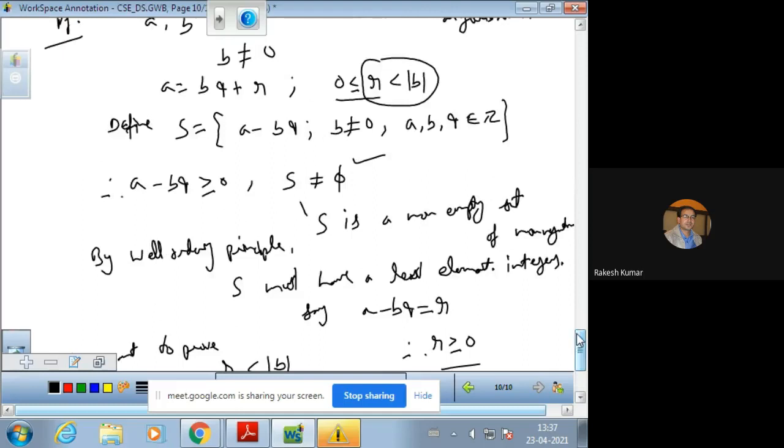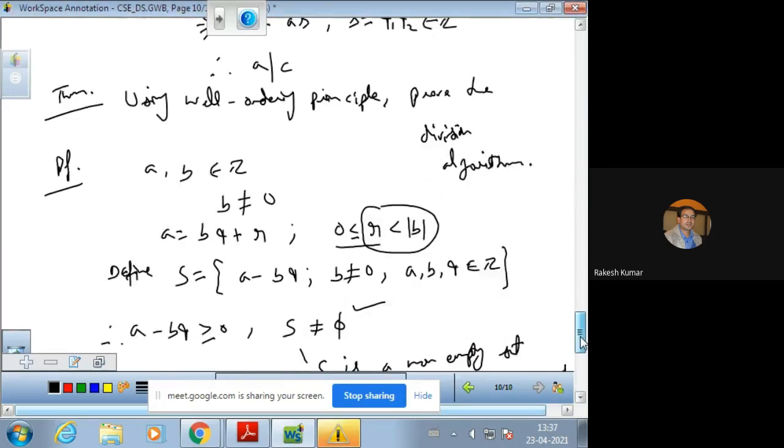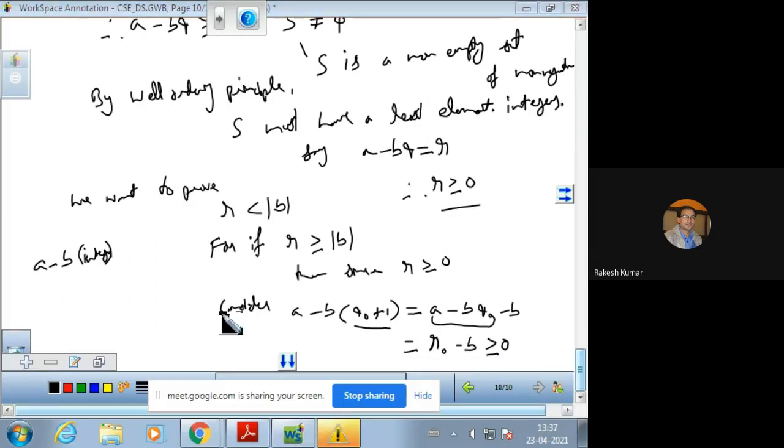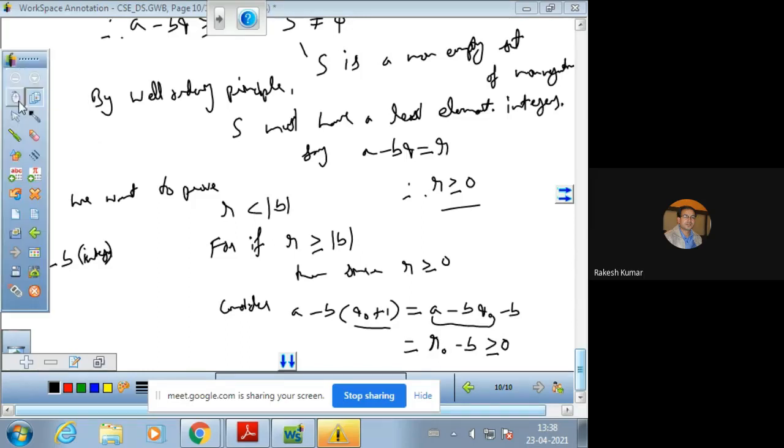q की जगह पर हमने, क्योंकि वेल ऑर्डरिंग में हम नया इंटीजर ले रहे हैं q नॉट. सो जस्ट लाइक हियर इन केस ऑफ, क्योंकि एस में हमारे एलिमेंट ऐसे हैं a माइनस बी क्यू टाइप, a माइनस बी इंटू इंटीजर. यहाँ पर हमने ब्रैकेट में इंटीजर लिया, सो हमने इंटीजर कौन सा ले लिया? q नॉट प्लस 1. सो a माइनस बी क्यू नॉट माइनस b, एंड a माइनस बी क्यू नॉट से एक नया इंटीजर आ जाता है, दैट इज r नॉट माइनस b, and that should be greater than or equal to 0. आर नॉट ले लीजिए चाहे रिमाइंडर पॉलिसी से आर ले लीजिए, वो एक ही बात है. तो इन प्लेस ऑफ आर नॉट वी कैन आल्सो यूज आर, देयर इज नो प्रॉब्लम.